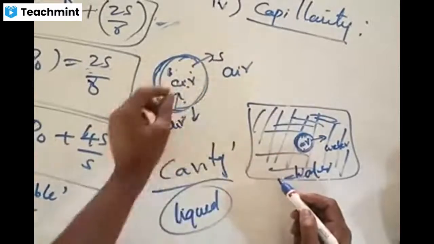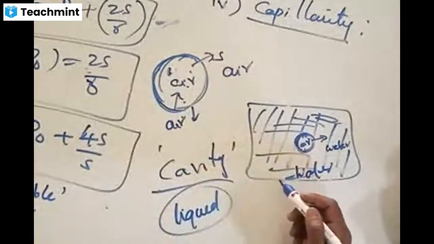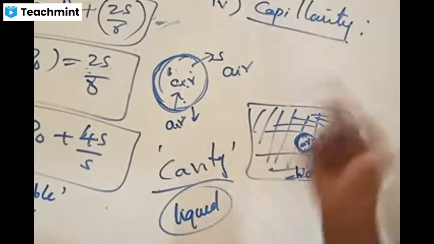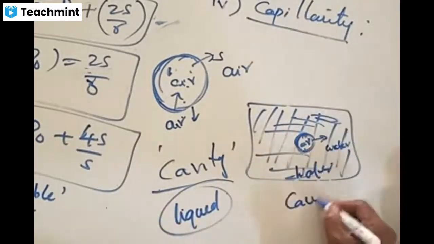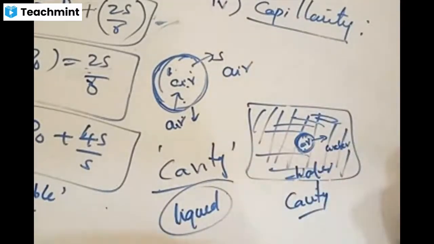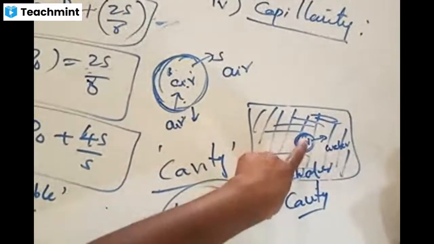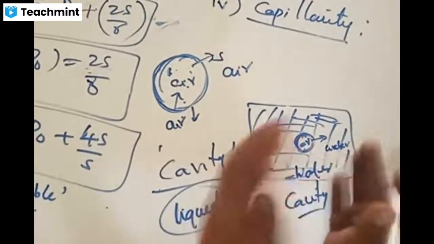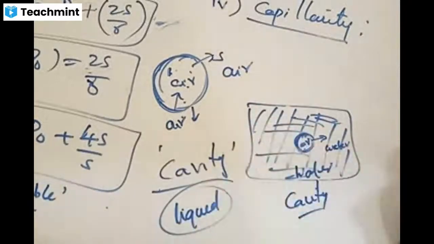But can you place a bubble inside a water? If you place a bubble, any bubble present inside a water will be converting into a cavity. What is it called as? Cavity. Cavity is the space filled with air surrounded by the liquid. If in a liquid there is some kind of an empty space without any liquid in that, that is called as a cavity.